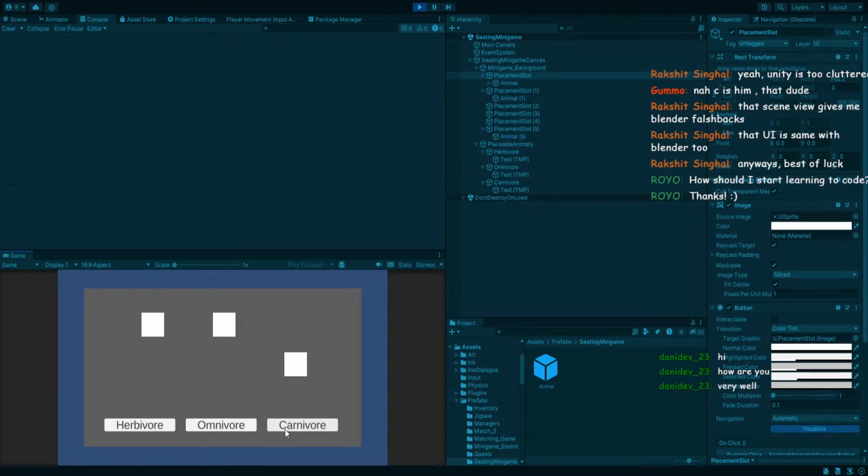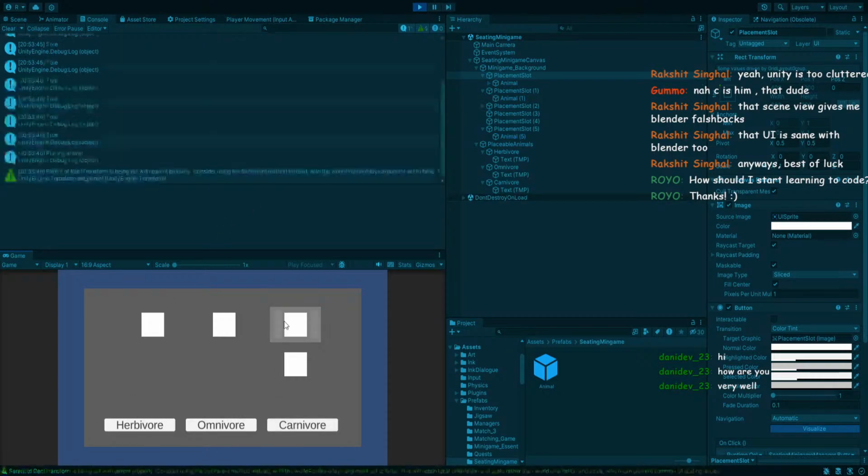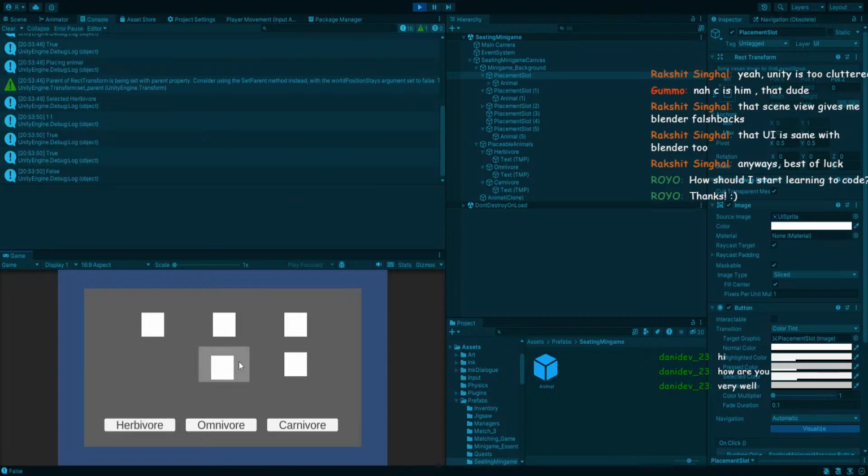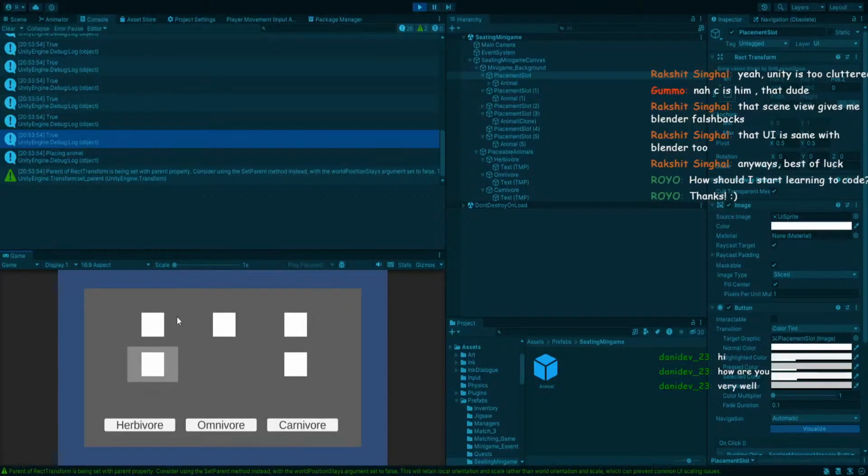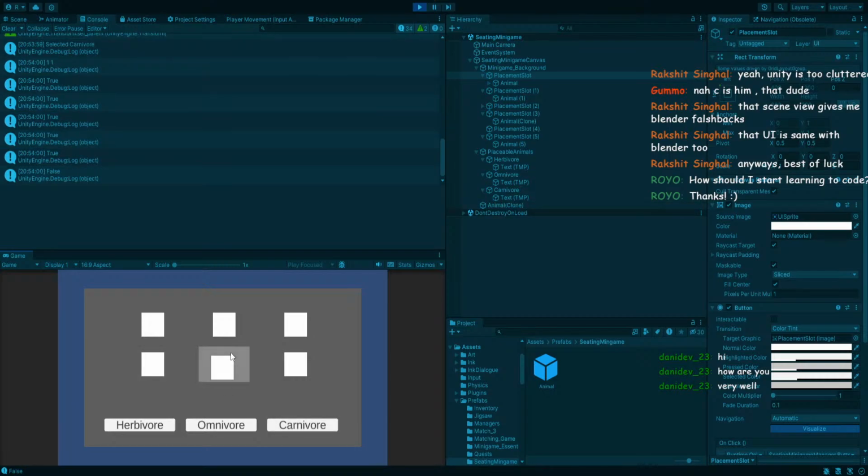Let's see. So we're gonna put a carnivore up here. That seemed to work. I put a herbivore here. That says false. I can't put it there. I put it here though. And I should be able to put a carnivore here. Nope, that doesn't work. I can put an omnivore here. Which, okay, so